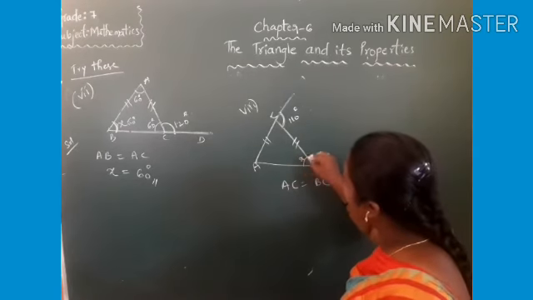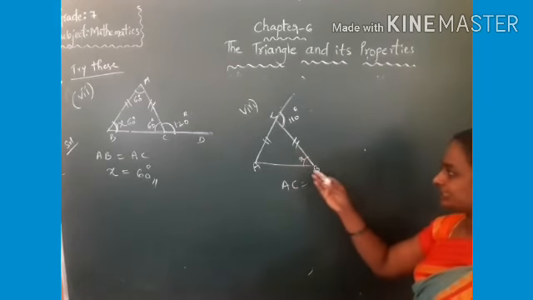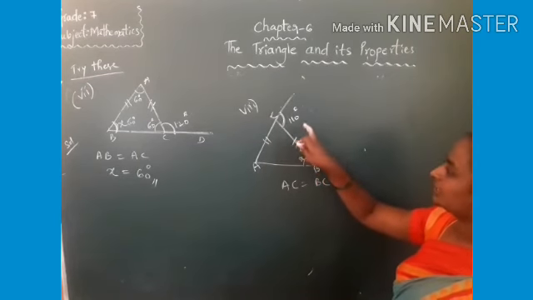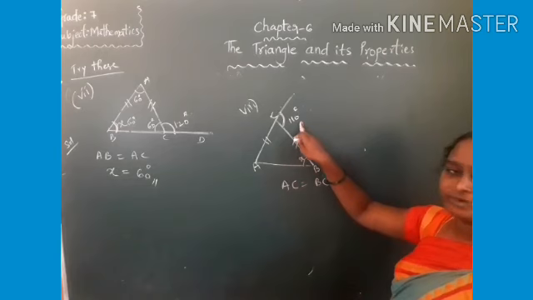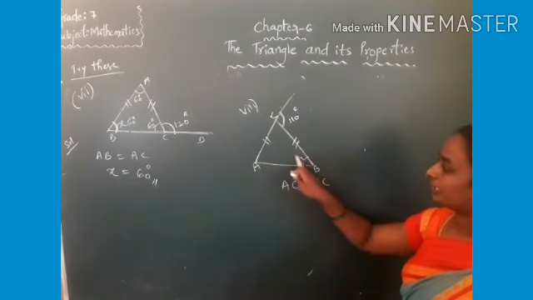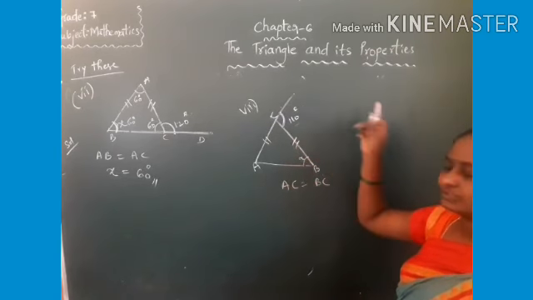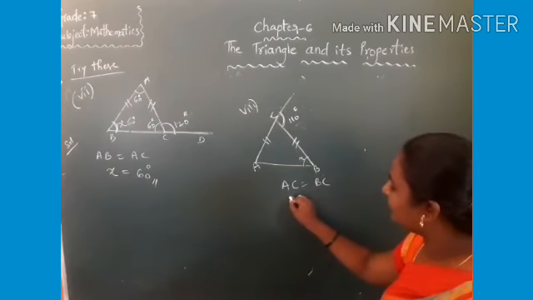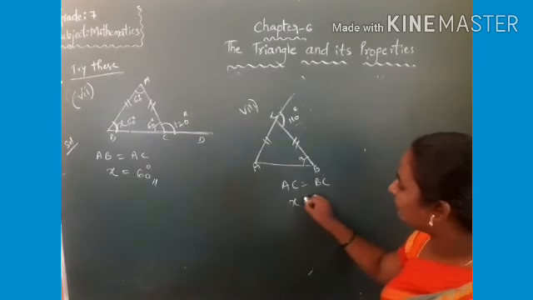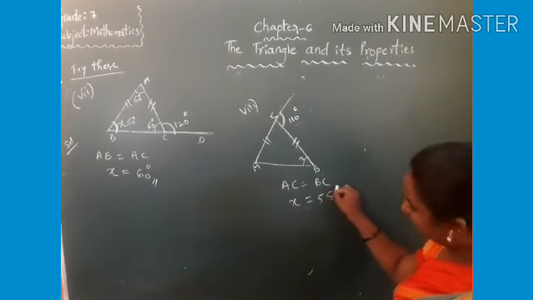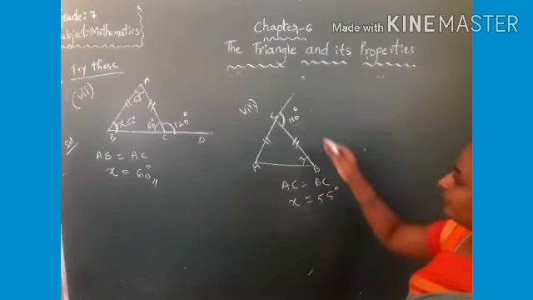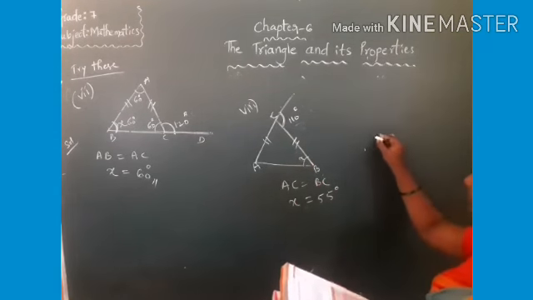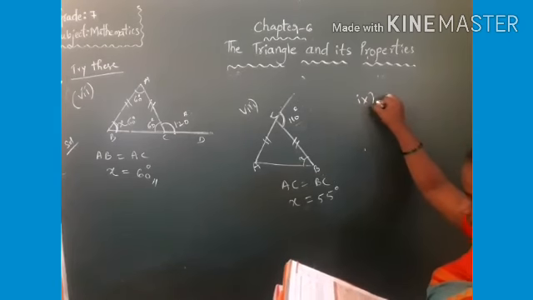Here angle B is x. So what is the angle x? The two equal interior opposite angles add up to 110 degrees. So divide by 2, and it gives 55 degrees. Then what is the angle for x? 55 degrees. 55 plus 55 gives 110 degrees. Right. Next, the ninth one.